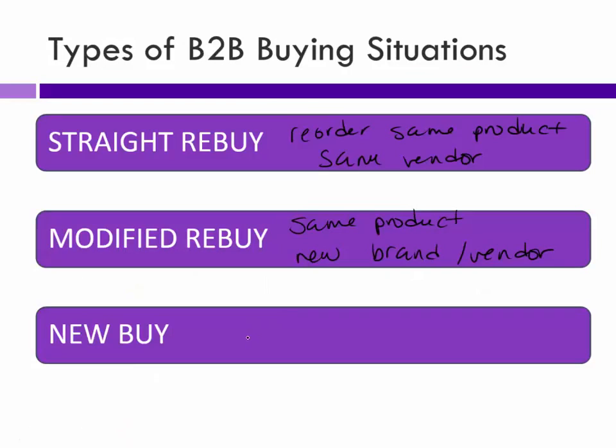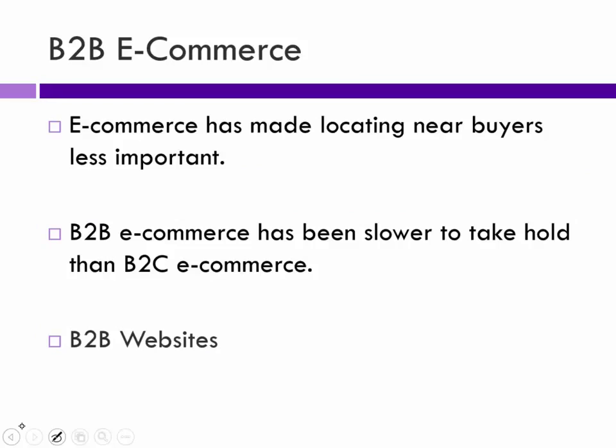But a new buy is something that's a completely new product, and for these you would go through all the steps that we described in the other one. So it's a specialized piece of equipment for my manufacturing floor or something. So I'm going to have very detailed specifications. It's going to be probably kind of a long drawn out process there. So not all those stages are going to be used for all products and all purchases. The last thing I want, I guess there's two more. Business to business e-commerce. So online purchasing and online marketing stuff.